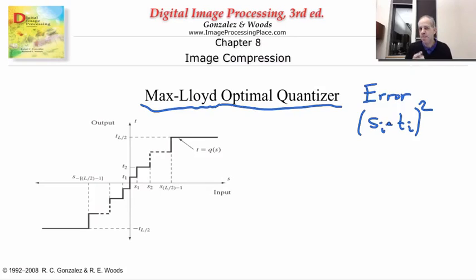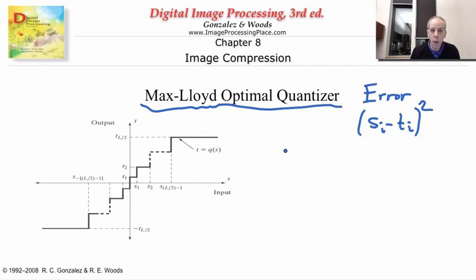But if you tell me, I can only use 256 levels, so I can only use 8 bits, so I can only have 256 of these intervals because I need to represent each interval by one of my strings of bits. So you predefine the number of levels that you're willing to use, the number of intervals, and you predefine this as your error. You can show that what we have to do, and this is very intuitive,